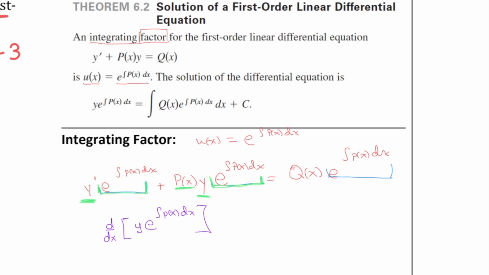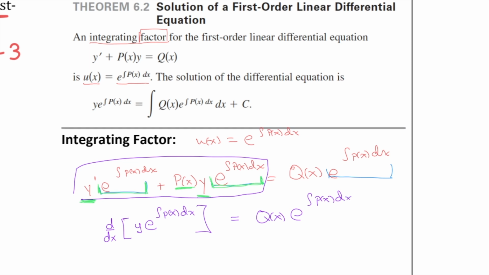Do you see that this entire expression on the left-hand side is part of a product rule? Think about that. And on the right-hand side, we have q of x times e to the integral p of x dx. Now, if we integrate both sides, just multiply by dx, so then we'll have y e to the integral